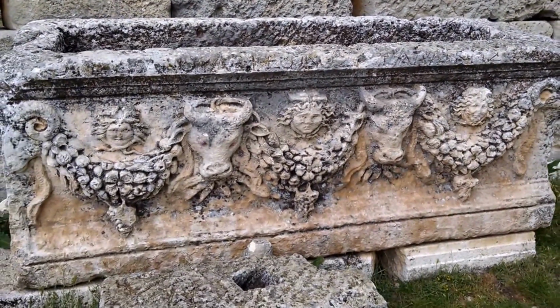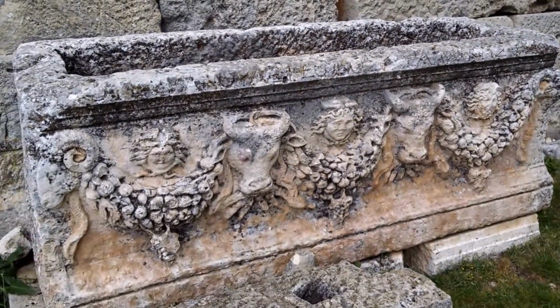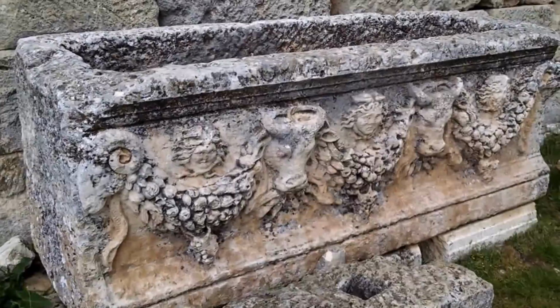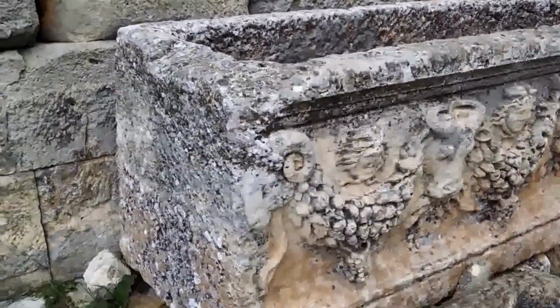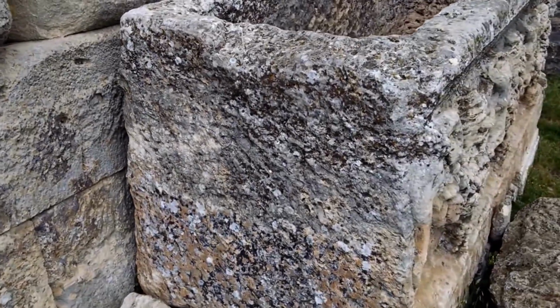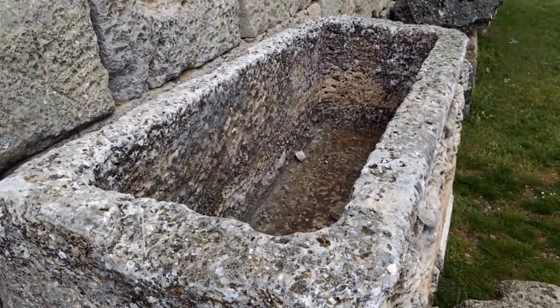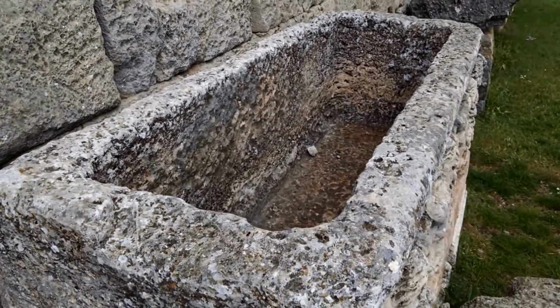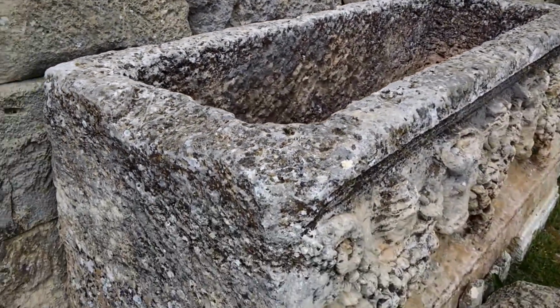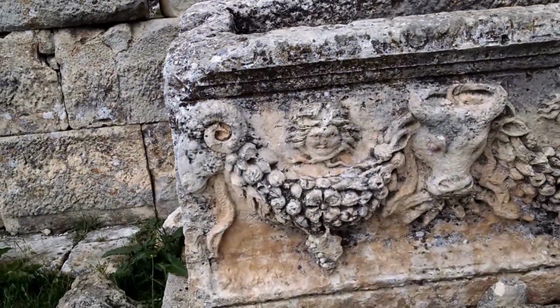You see how it's set up against the wall. That may well be its original location or something like it. It is finished only on the front. The sides and the back, there's nothing. In other words, it wasn't meant to be freestanding. And there, of course, is the place where the body or bodies were, and I'll explain that in a minute. It's very typical in Roman